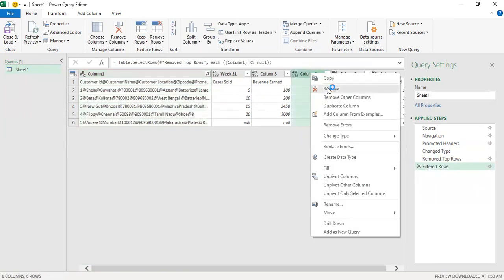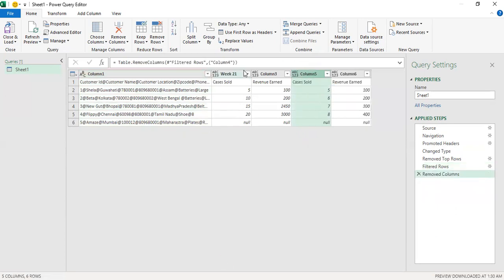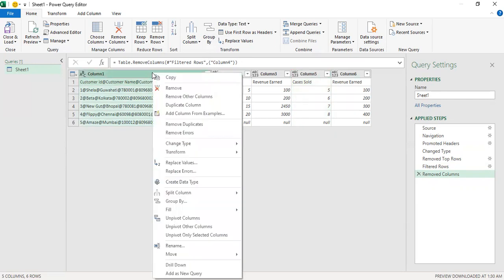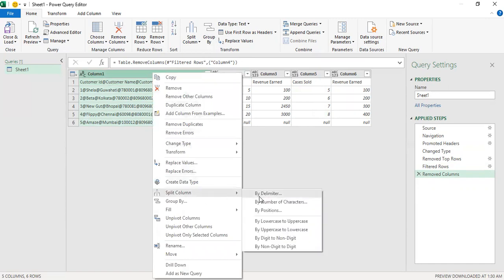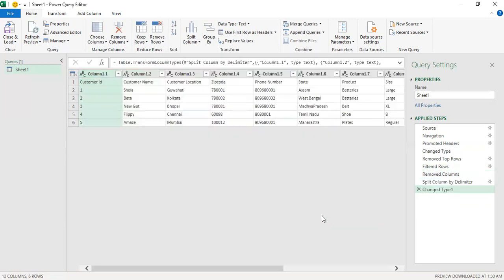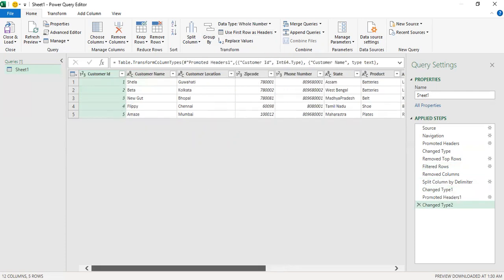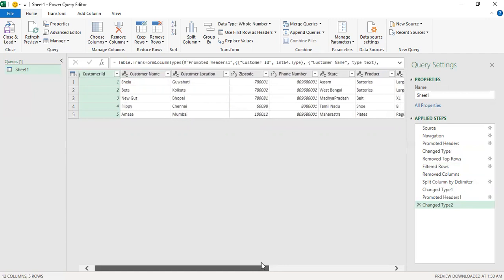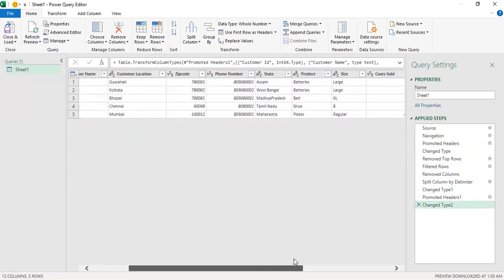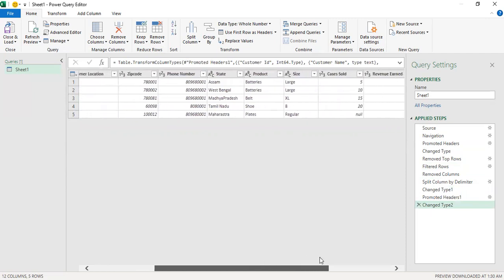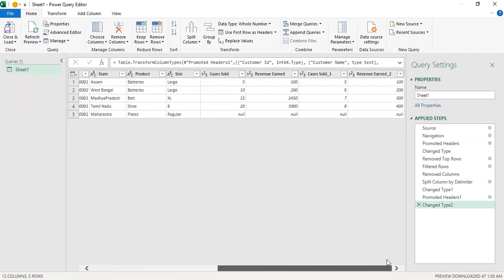We'll remove the column. This is 2022 and this is 2021, and then try to split this column up. Let's see, delimiter. Okay. Now you see, guys, we are getting the proper headers, and then you can use first row as headers. Now, when you click first row as header, you can see all the columns are delimited. Customer ID, customer name, customer location, zip code, phone number, state, product, the size of the product, the cases sold, revenue earned, cases sold one, and you can just rename it cases sold